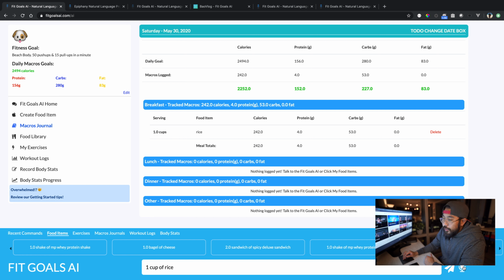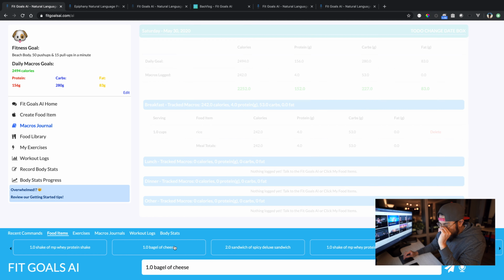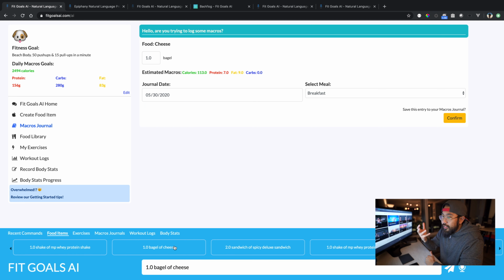The thing about the whole voice assistant thing is that it's convenient, but if you see these buttons down here, you can think of them as frequent food items that you might eat, or suggested ones. Instead of always having to talk, the AI would be smart enough to know what you typically eat for breakfast and for lunch, and these food items can be created by yourself, and they can be full meals also.